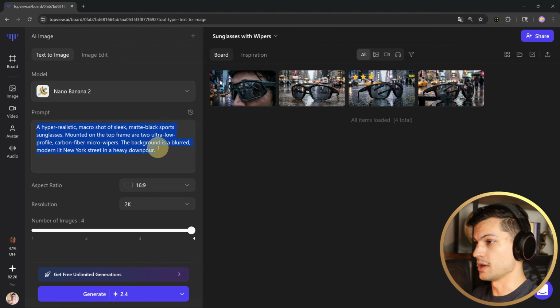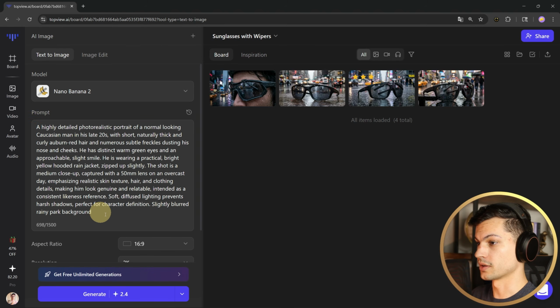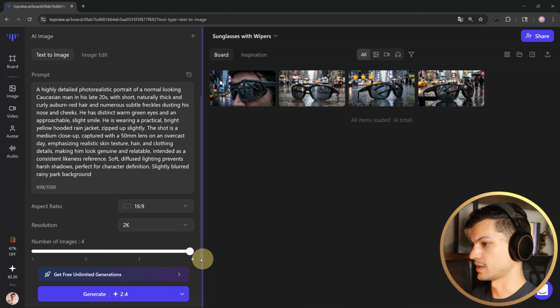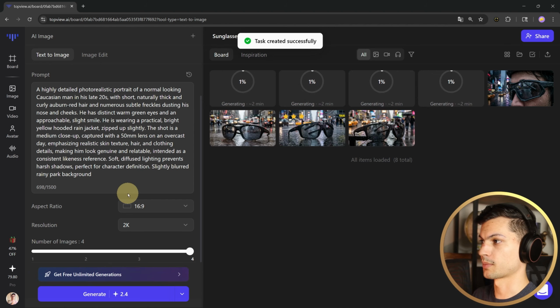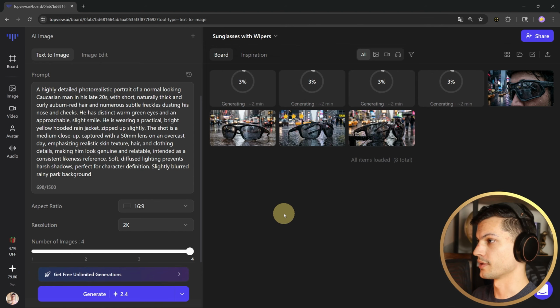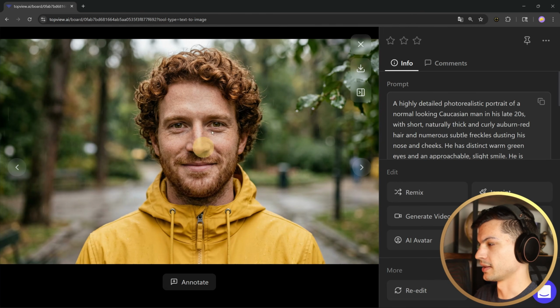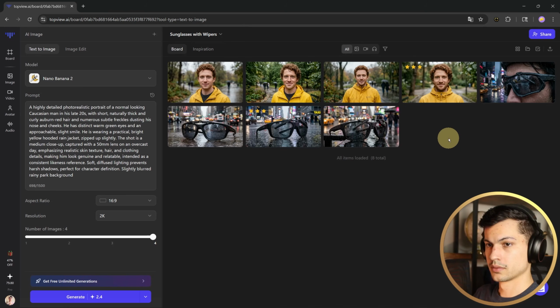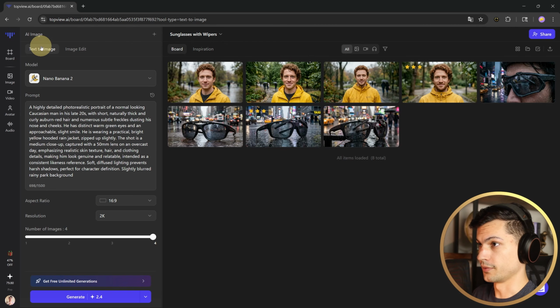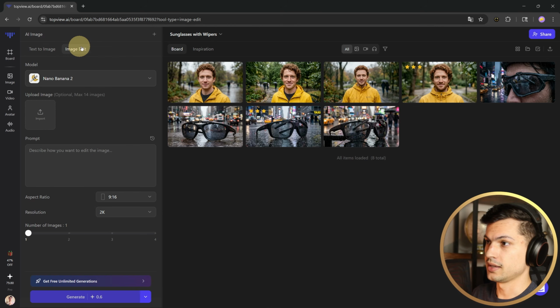Next, using the same image model, we're going to generate an image of our avatar for this ad. So again, I'm going to keep all the settings the same. I'll generate 4 so I can pick my favorite, and I'll let that run. Alright, so we have our images of our model here. I'll select this one because it's nice and close up. Favorite that one. Now I'll show you another really powerful feature, which is if you go to image edit here,